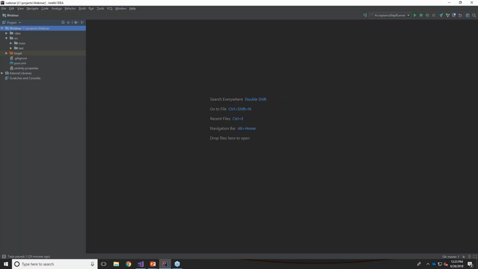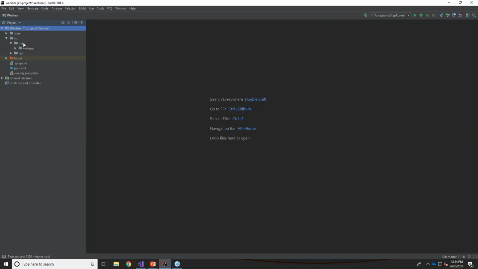Thanks, Bobby. So I want to show you all the same set of examples using Serenity, right? Serenity is not a tool that you install, but rather the framework is a bunch of libraries that you add to your project as dependencies, right? So I'm using Maven here on my project for dependency management and as my build tool. So I have my pom.xml that lists out all the libraries that I need as dependencies. And here's a typical project structure as well. This is created using a Maven web app template.